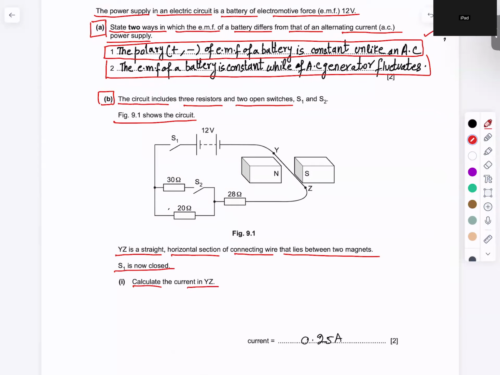They are asking that you have to calculate the current in YZ, and what is the switch state? Only S1 is closed. Where is S1? If S1 is closed and S2 is open, then obviously